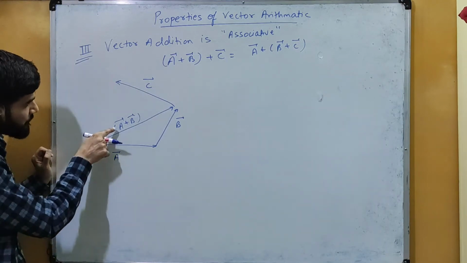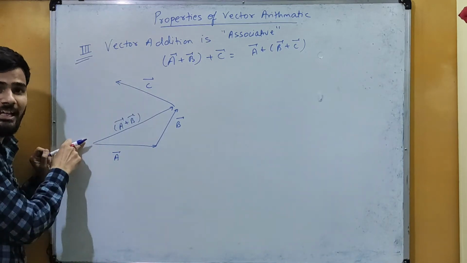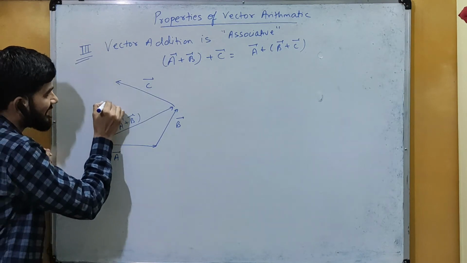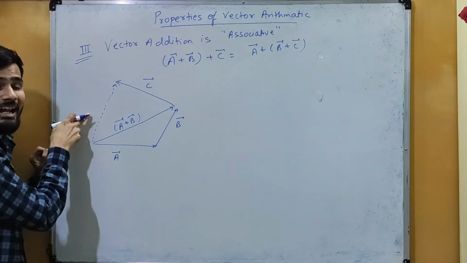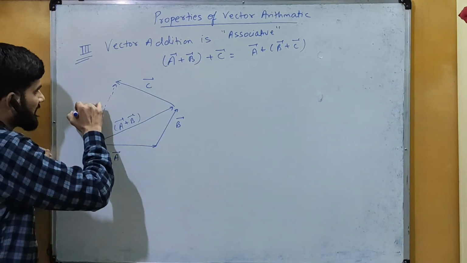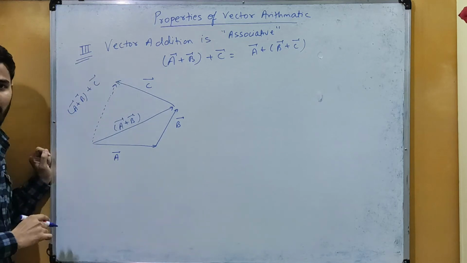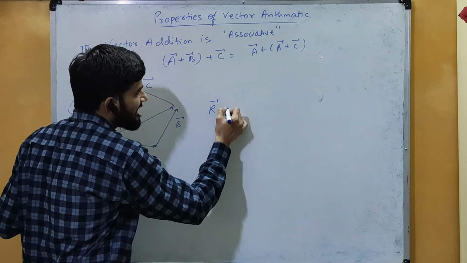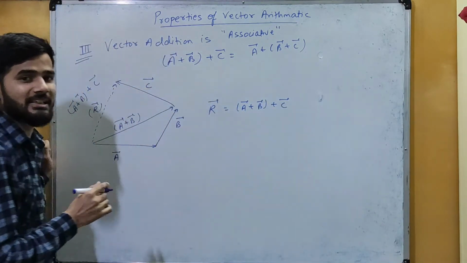Okay, now in that case the resultant vector will be the third side of the triangle which is in the opposite order. तो हमारे पास triangle की ये first side है, second side है, third side क्या हो जाएगी, this one will be the third side, but we have to take it in the opposite order. तो opposite order के लिए हमें इसको यहाँ से start करना पड़ेगा और यहाँ पर end करना पड़ेगा. Okay, so this is the resultant one, and that resultant one is equals to the addition of this and this vector. मतलब यहाँ पर vector A plus vector B plus vector C. Okay, so this resultant one R here, I can write as R is equals to vector A plus vector B plus vector C.